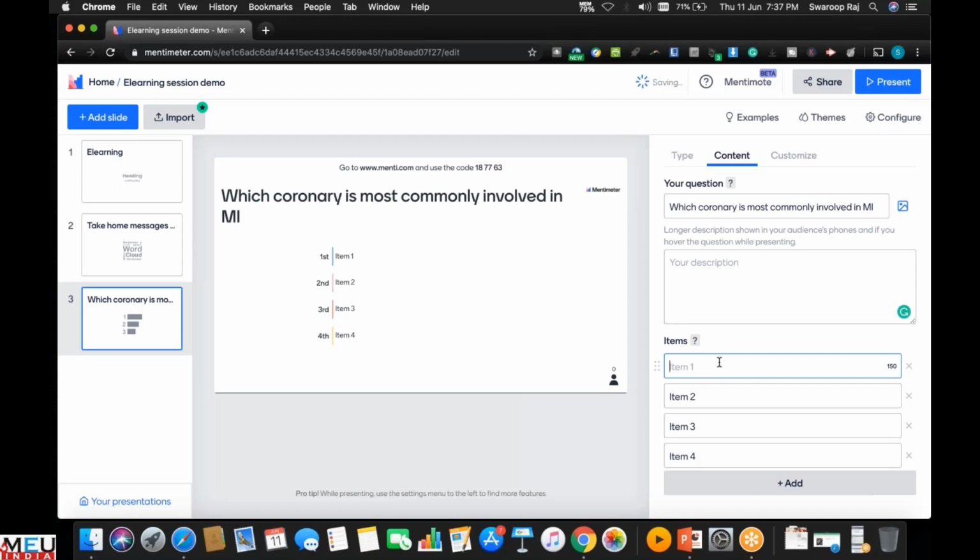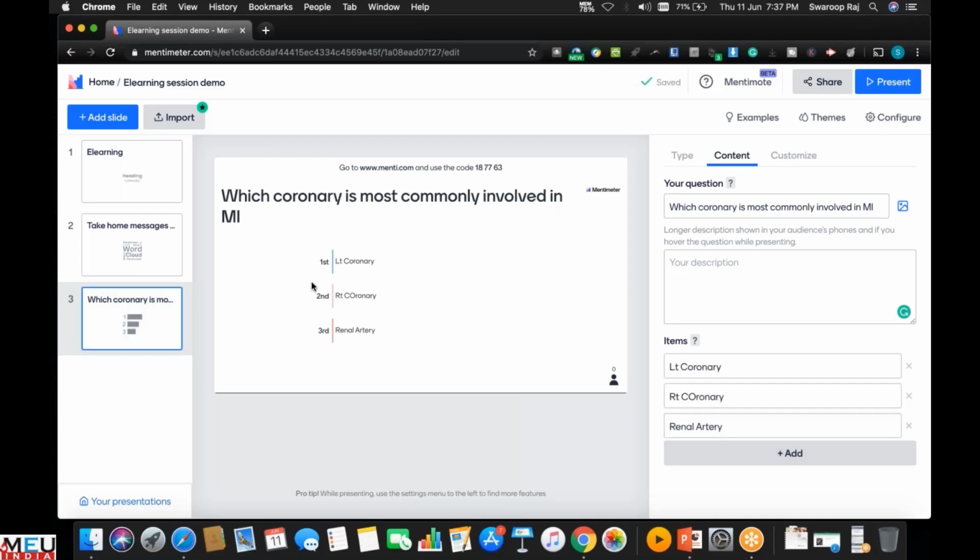So here you can give right coronary, and you can choose something that's renal, something that's not even close to the answer. And if you have only two options, you can delete the third option. So now the student will have to rank these questions.